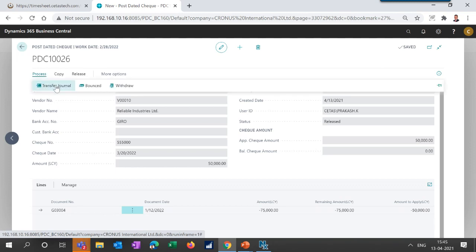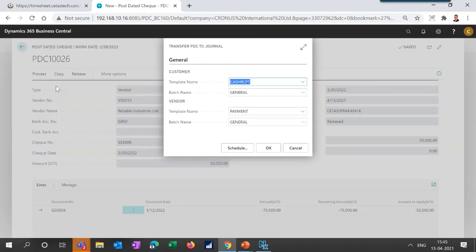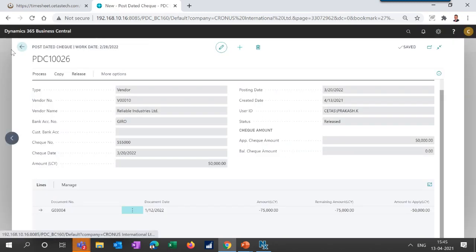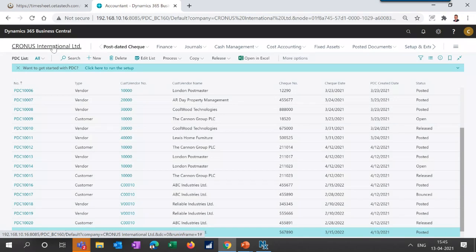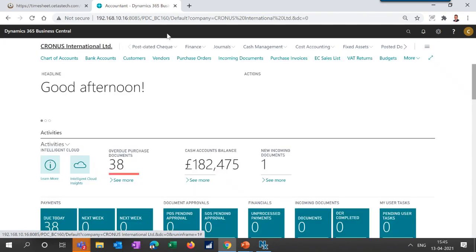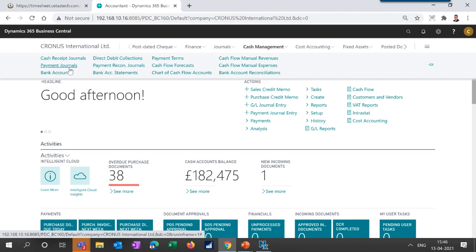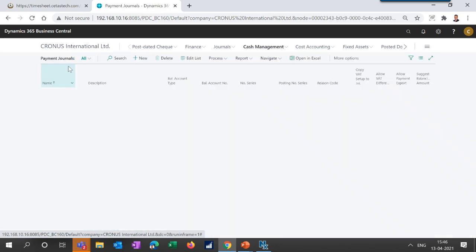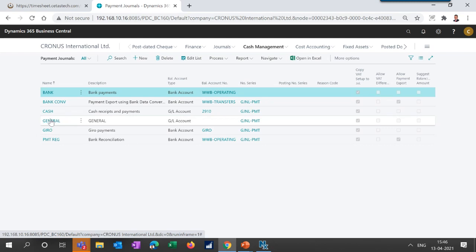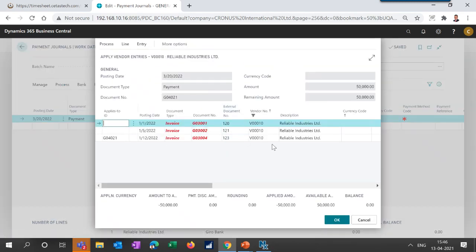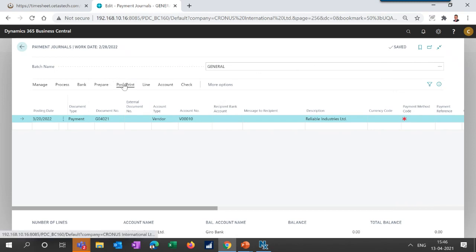I just want to process from here itself so that you can transfer to the journal. It moves to payment journals along with the applications, from where you can verify and post it.